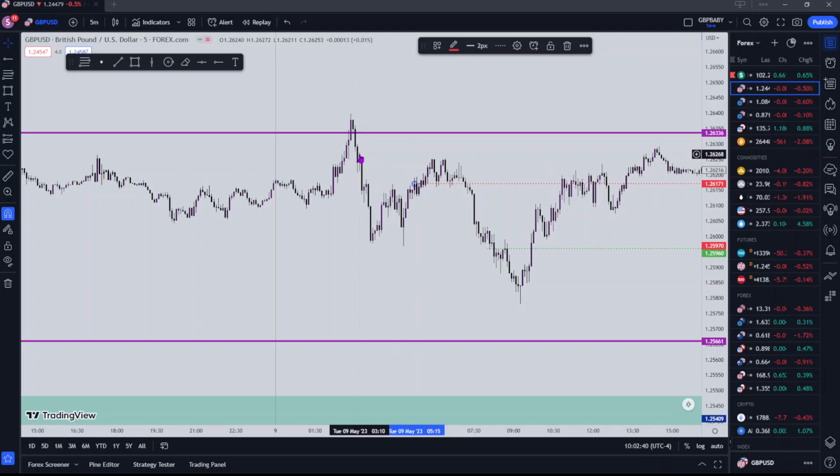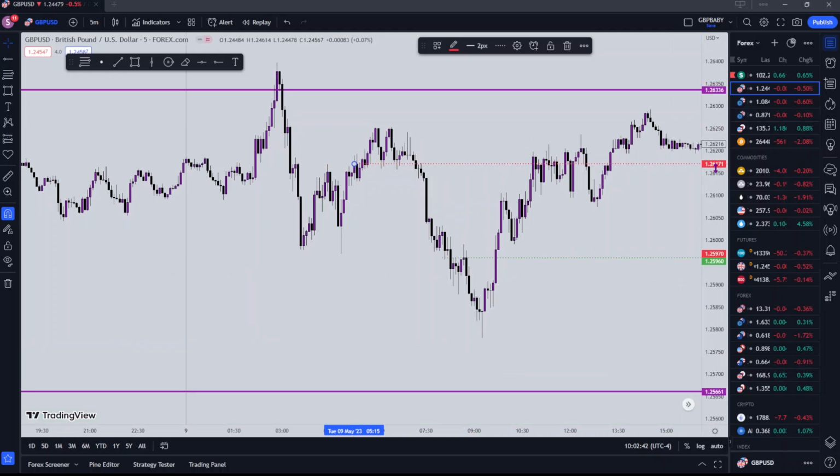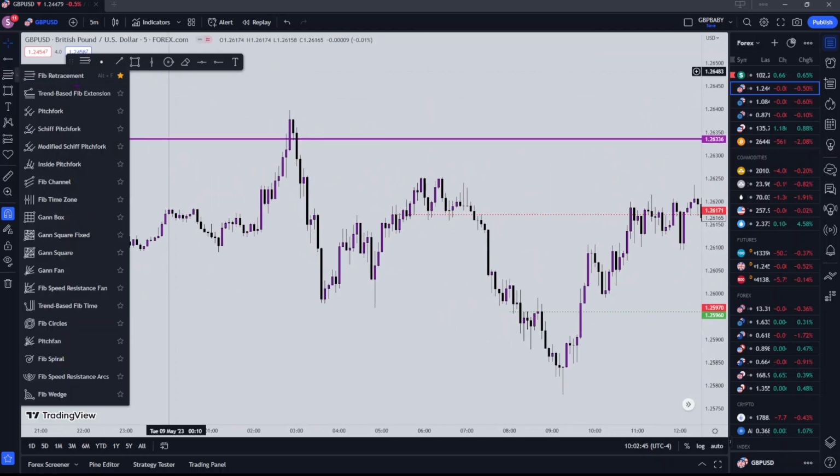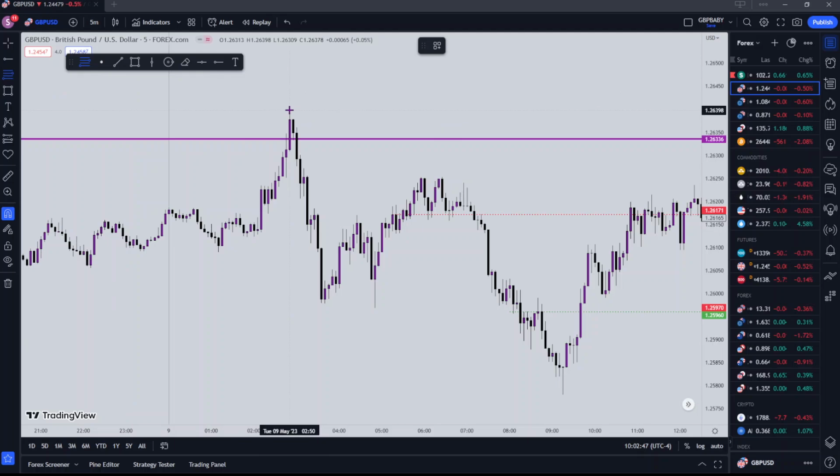I put my stop loss above here because I realized that, okay, I'll show you guys. Let me break it down more clearly. So from here to here, we got obviously discount, premium. I wanted to be selling at a premium, so I looked for all the premium arrays, and then this was our first one, this fair value gap, which is why I put my sell above here, which happened to be on the 50% level. So price traded to here, my sell got executed, and then I put my stop loss